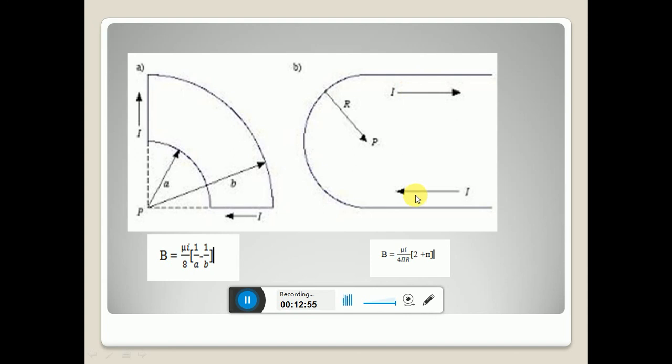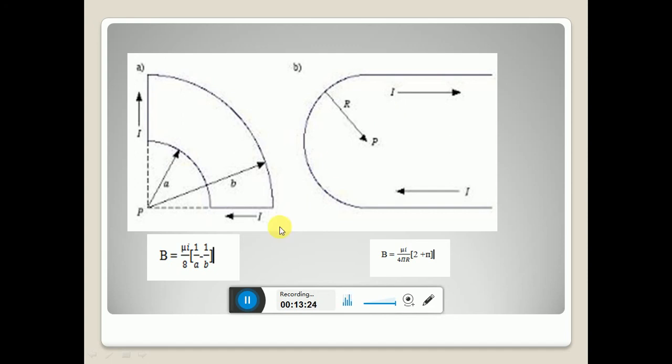The third and first parts, we can treat as the case of a straight current carrying conductor. Here one end of the conductor is coinciding with the center, so we can consider the angle as 0, and the other as 90. Similarly, here also one end is coinciding with the center, so phi 1 will be 0, and the other will be 90. Then we can use mu naught I by 4 pi a into sin phi 1 plus sin phi 2.